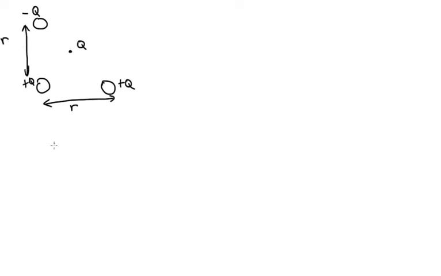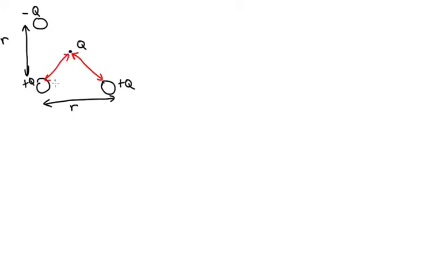Now with that same charge distribution, we've got another setup. We've got the minus q, the plus q, and the plus q, and we're asked to work out the electric field now at point q here, a bit confusingly named. So we know that the distance between these charges is r, and this is r as well. And so let's just switch colours. This distance along here